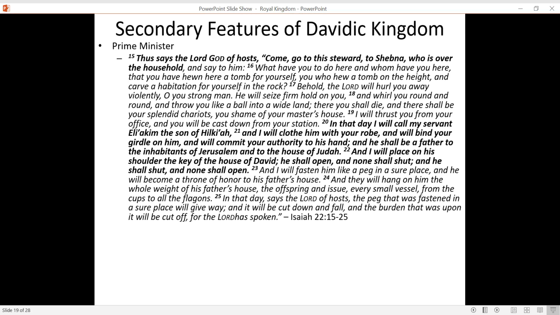This is a particular story of a prime minister who failed at his job and is being removed, and that position is going to be given to a new person. What's really important is not that this prime minister failed, it's that, one, it's a known position. Two, when an individual fails at it, the position doesn't disappear, it's given to another. So let's read.